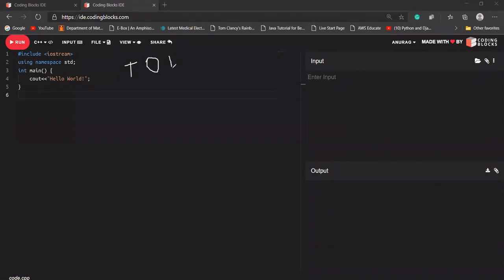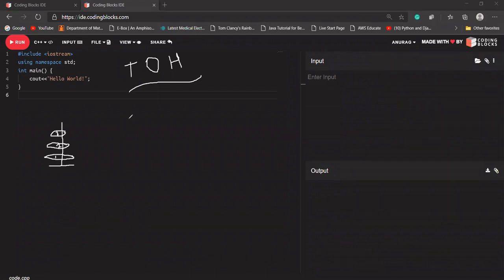What Tower of Hanoi says is, let's say you are given a rod, and there are three discs. The disc at the bottom is the bigger disc, and the disc on top of it is smaller than that, and one more disc is there that is smaller than the second disc. Let's say it is 1, it is 2, it is 3.